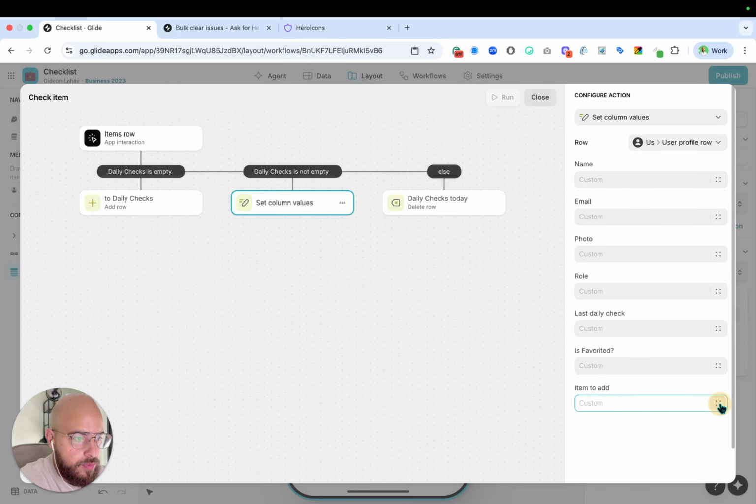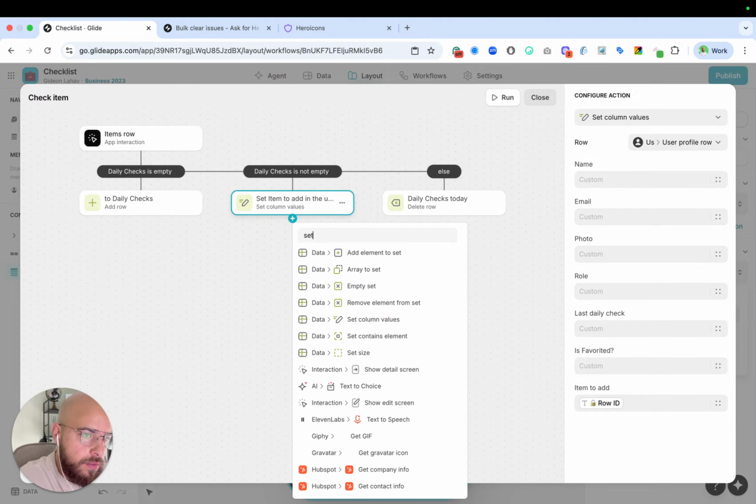User row, item to add. I want to put the item ID so I can use it. And then